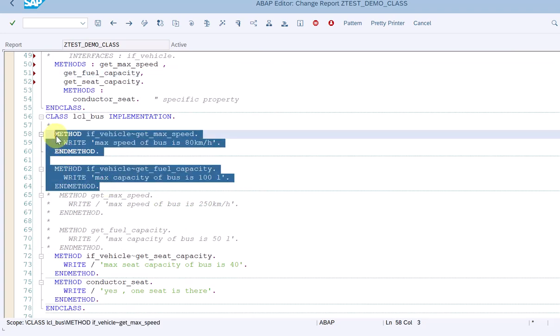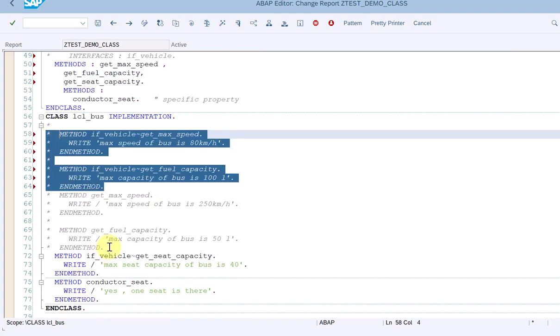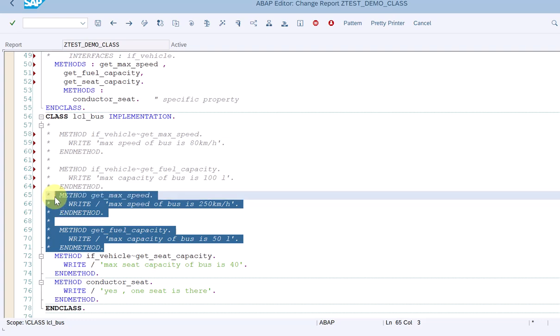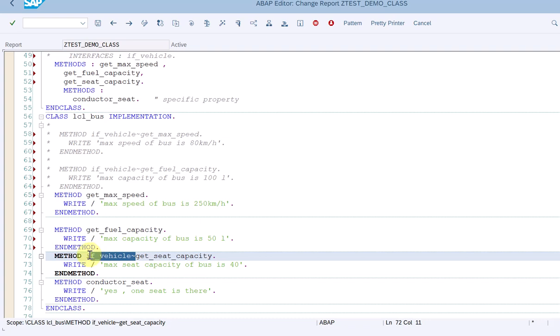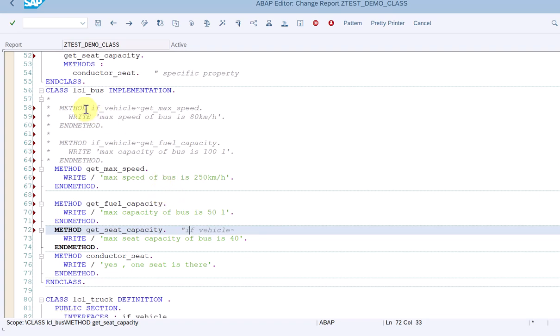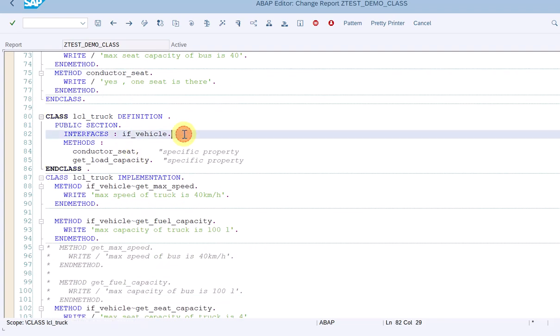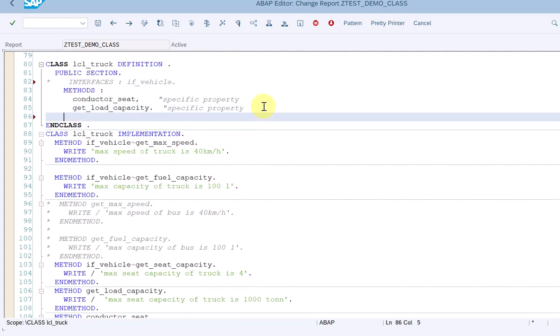So let's comment this. I have done the same thing for bus as well. And for truck, let's comment the interface and define the common methods